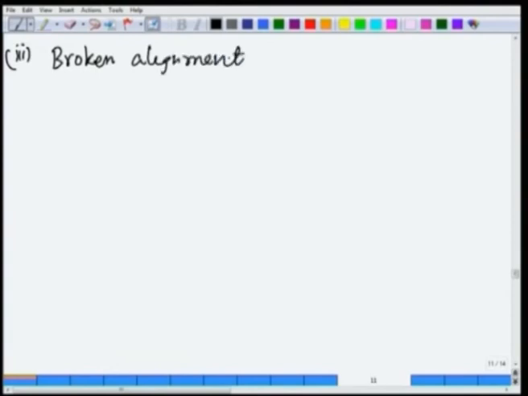Broken alignment. Let us look at this one. This diagram shows what will happen in this particular case. Let us look at it as follows. We are going to take a vacuum level. Maybe we can put a break in here, and since it is a broken type, let's say we take this as